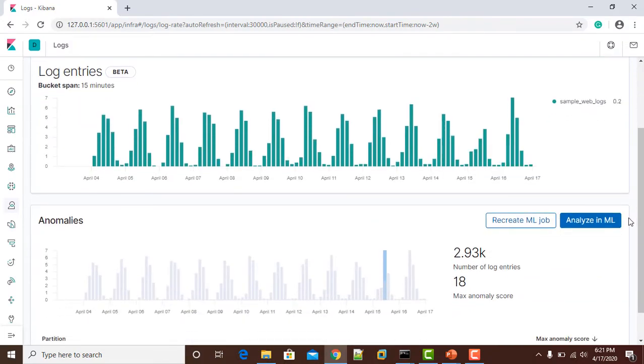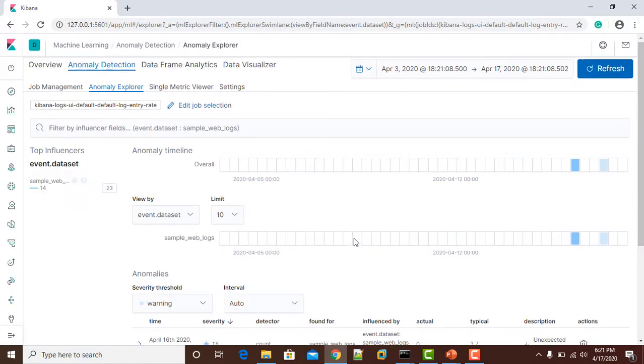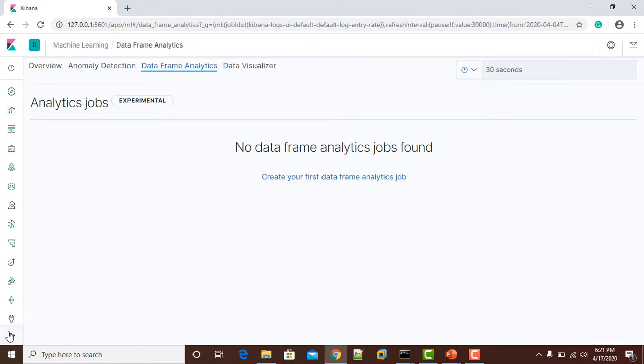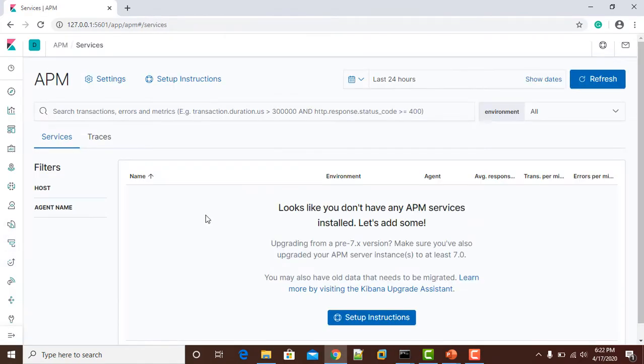You can also create a job for your ML. This is the job which I have created. You can get into it and do analysis of your ML part, that is the machine learning part. I didn't connect anything here, but you can connect your application and find its performance. It's basically application performance monitoring.